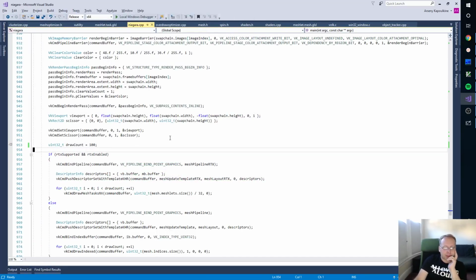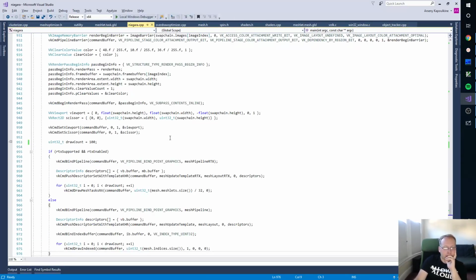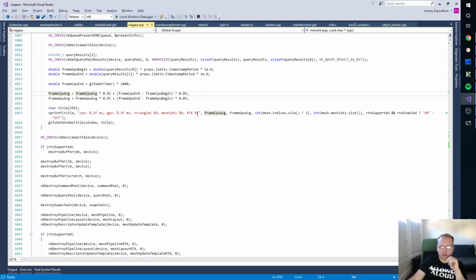The other thing I wanted to do is, now that we have all of this amazing information, a few people have pointed out to me that RTX is not the correct name for the stuff that I'm doing, which is true. RTX is referring to NVIDIA's ray tracing, and we are not doing ray tracing. But we are using a thing that's available only on NVIDIA RTX cards. Anyway,